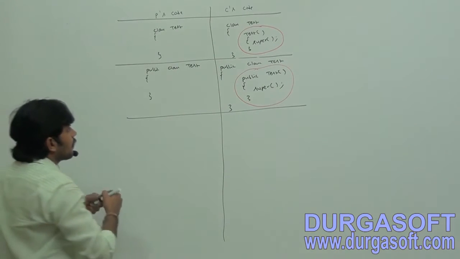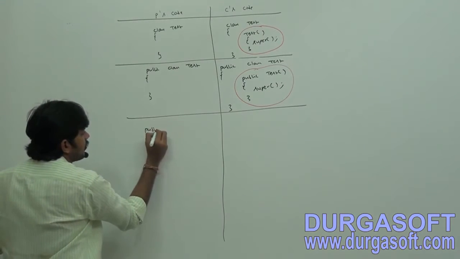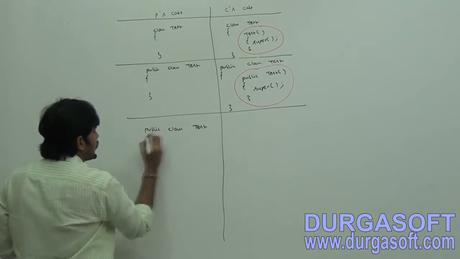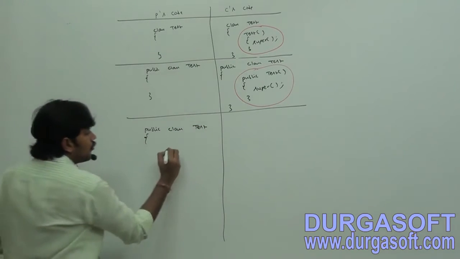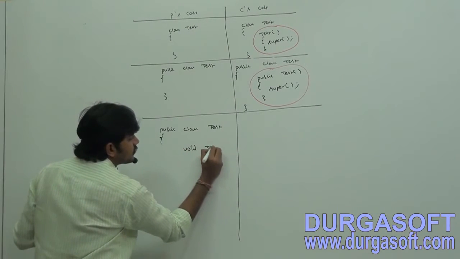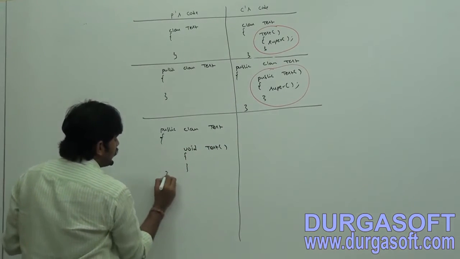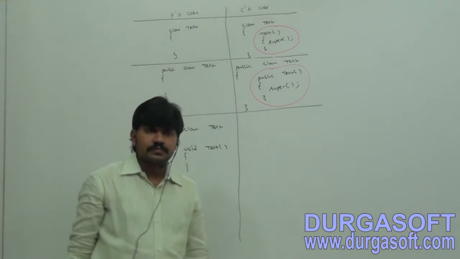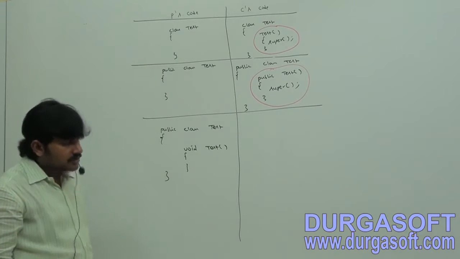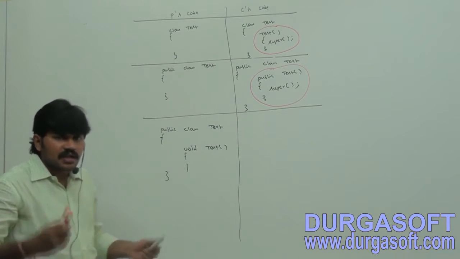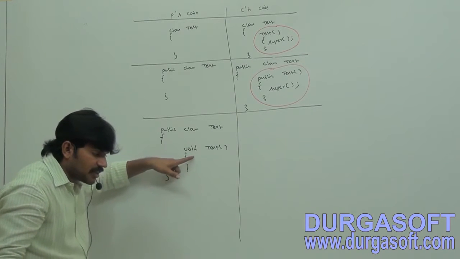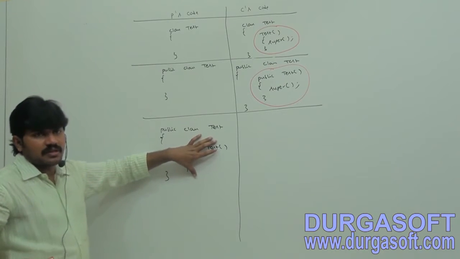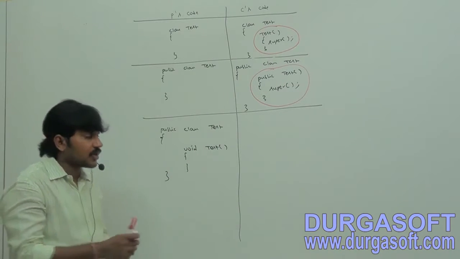Next, the third one. Here I am taking public class test, and inside it void test. Can you tell whether the compiler will generate a default constructor or not? Yes or no? Yes, because we are not writing any constructor. Is it a constructor or a method? Method, because the return type is there. The programmer doesn't know about constructors. The compiler will always generate what? Default constructor, right?